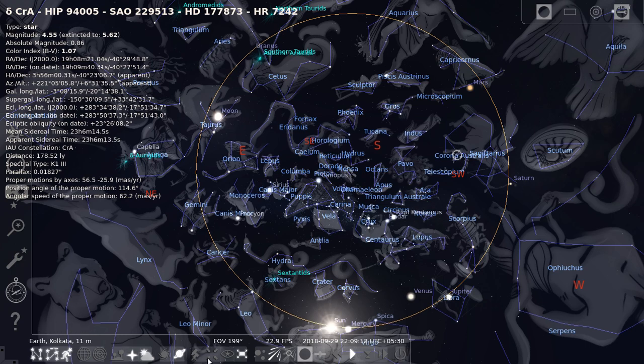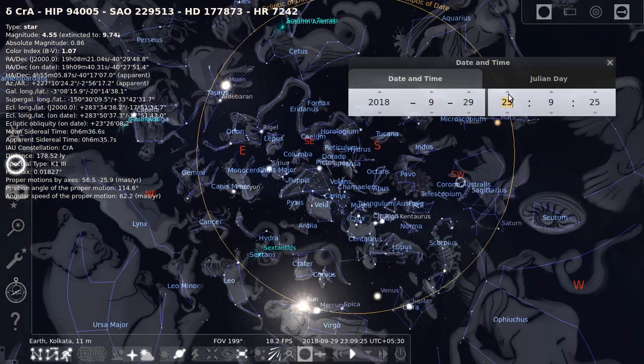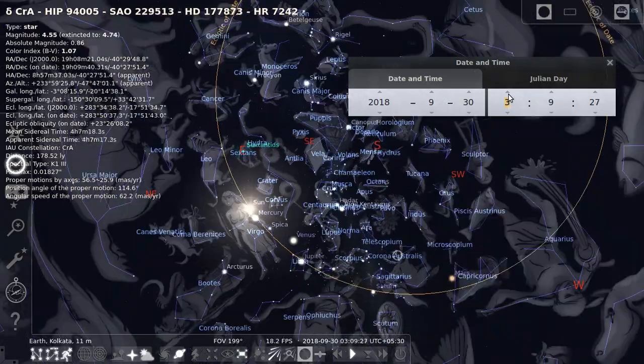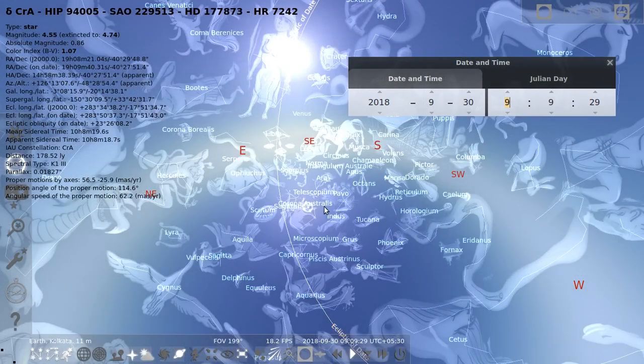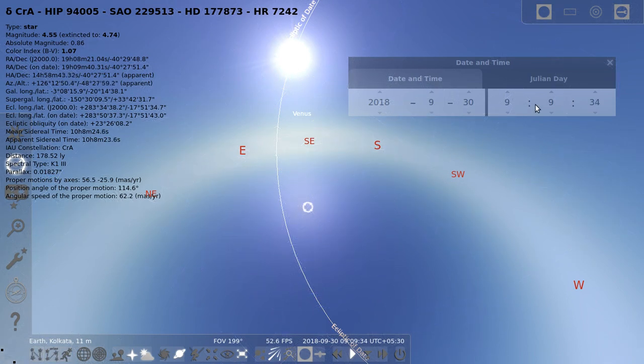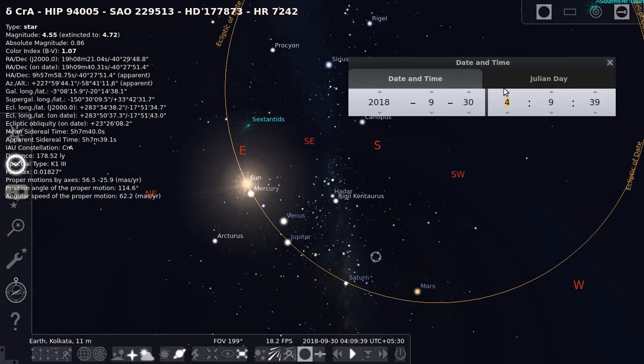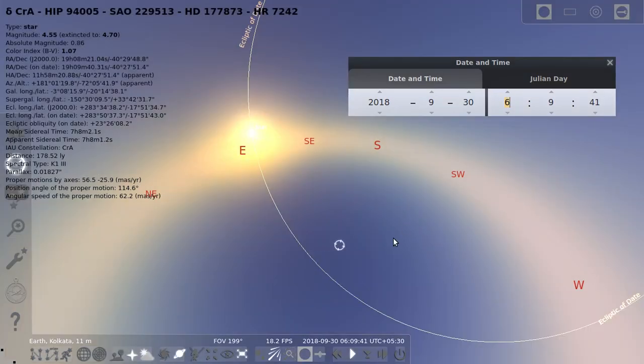Here I forgot to introduce one more tool, that is the atmosphere tool. This is the atmosphere tool. I am setting the date to a day, not night. Now I am clicking on the atmosphere tool, that is for darkening the sky.